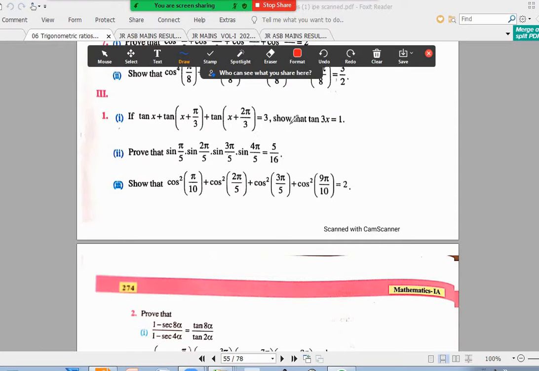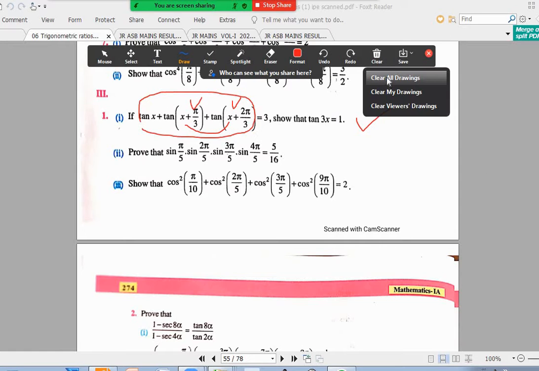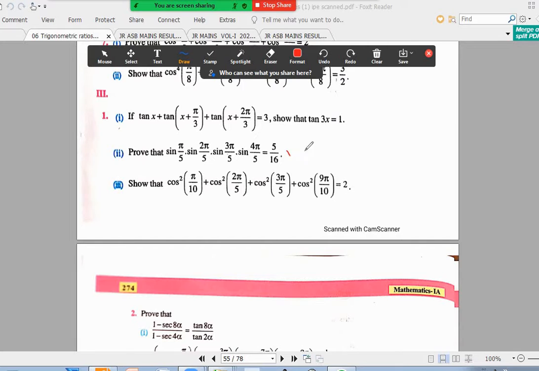This very first question is there in the mains material, where we proved how LHS is 3 tan 3x. This is the tan a plus b formula. This is also tan a plus b, then LCM here and then combining with this. So I don't have to discuss this. This second one, anybody has doubt? Sir, I have doubt, sir.